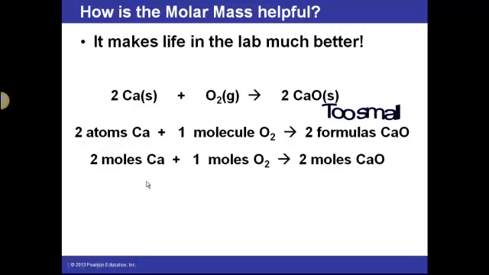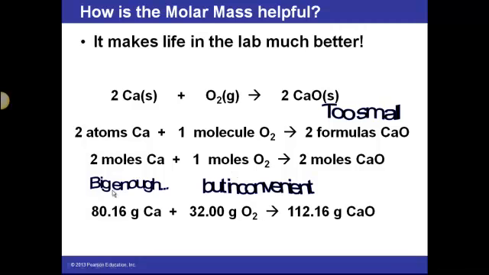So we can convert this to our mole concept. So this is equivalent to 2 moles of calcium combined with 1 mole of oxygen to create 2 moles of calcium oxide. So this is a big enough scale that we can utilize, but it's inconvenient because we can't weigh moles directly. We need to still convert this to the molar mass so that we can weigh this out in